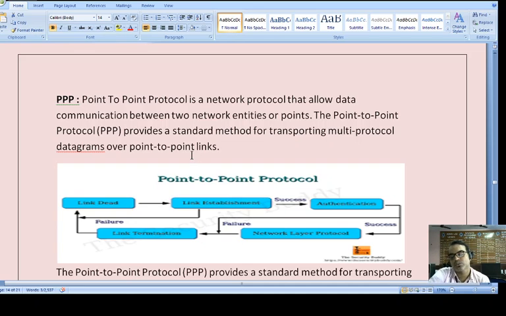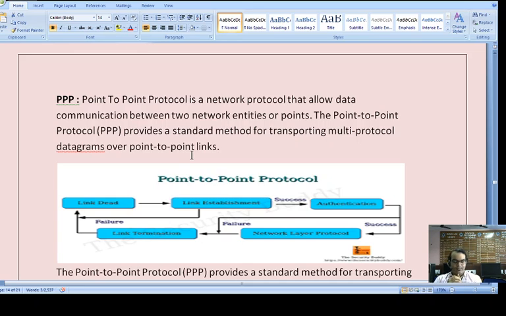Next protocol. The communication protocols we have discussed till date are HTTP, then security concern with SSL, and finally we add HTTP plus SSL, and we get HTTPS. Now let's move towards the point-to-point network. Point-to-point protocol actually. Why do we need a point-to-point protocol? It is needed because it provides a method for transporting multi-protocol datagrams over point-to-point links.